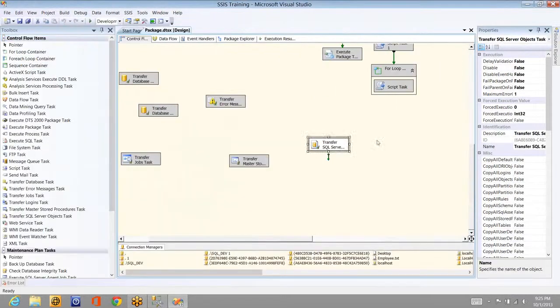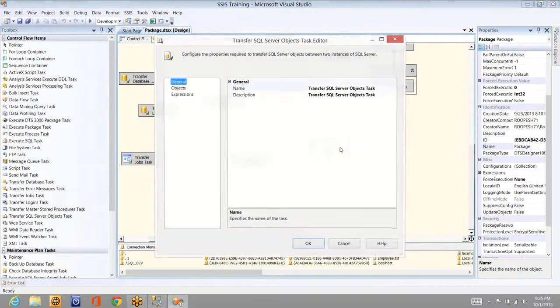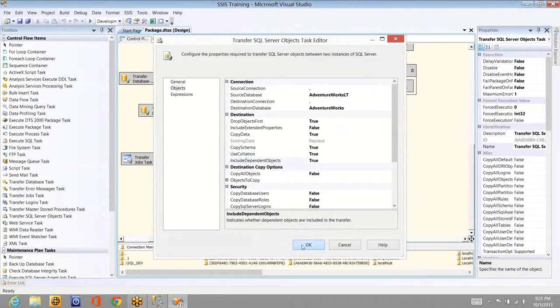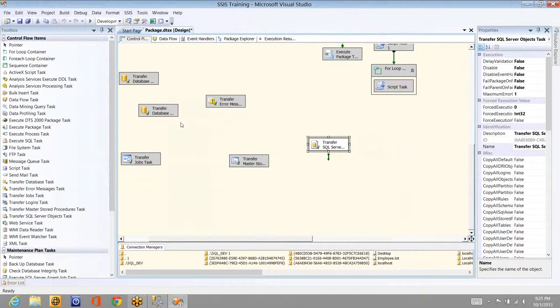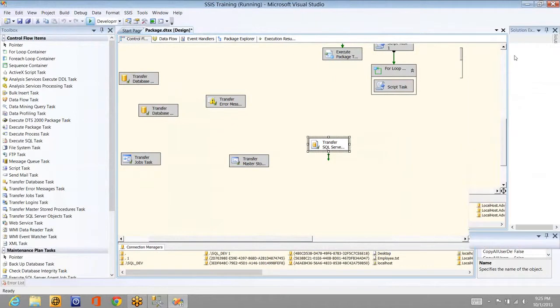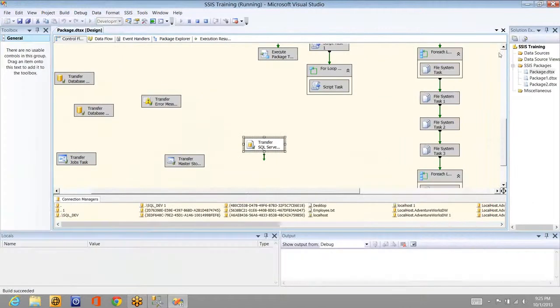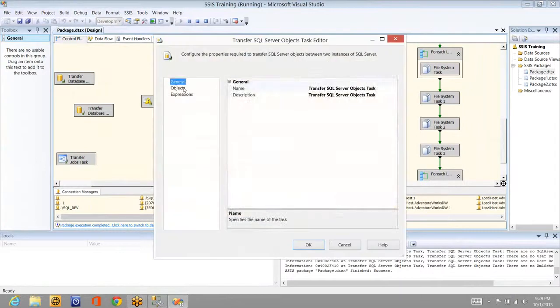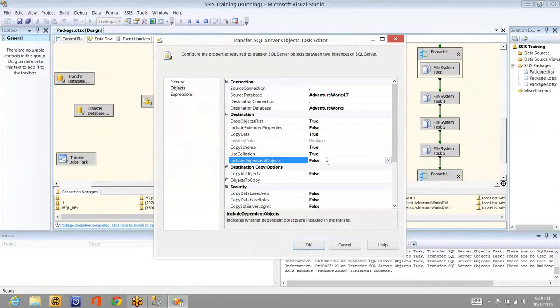If you don't know what table is being referred to by a particular view, you will not have the complete picture. So I think this include dependent objects option means it will include all the dependent objects. Let's say that a view is dependent on a table, so it will try to move the dependent objects too. Let's see the same. So now the database table and the view are moved. Be careful when you set include dependent objects, because there can be a lot of dependent objects, and all of them will be moved.